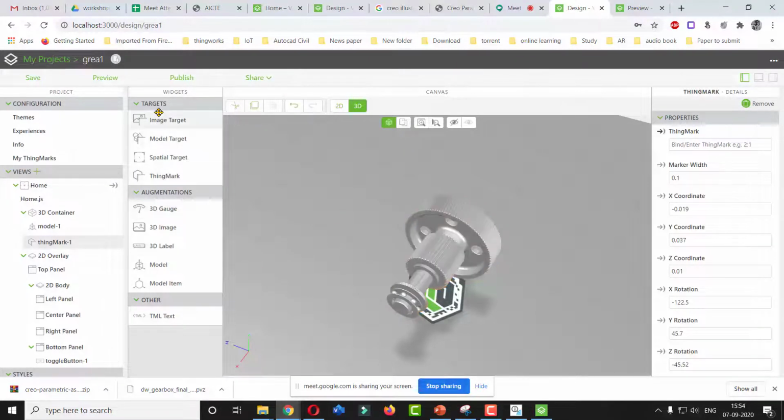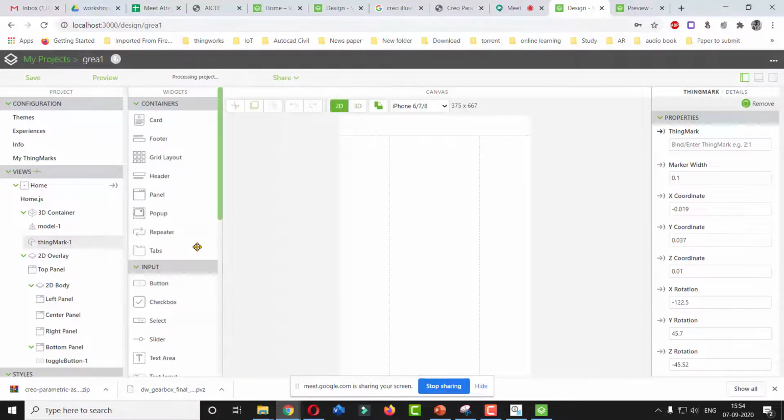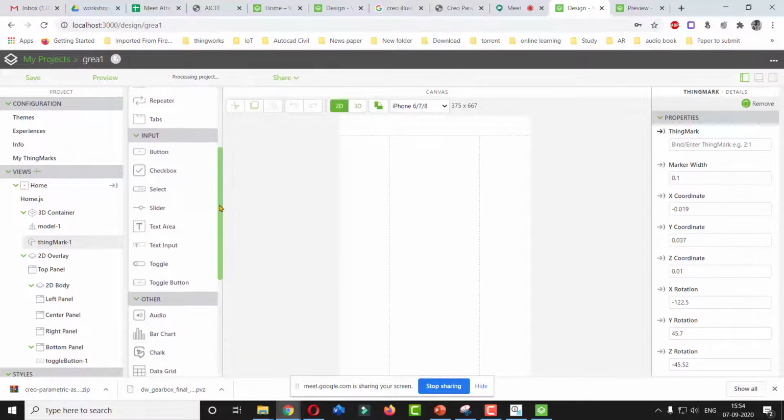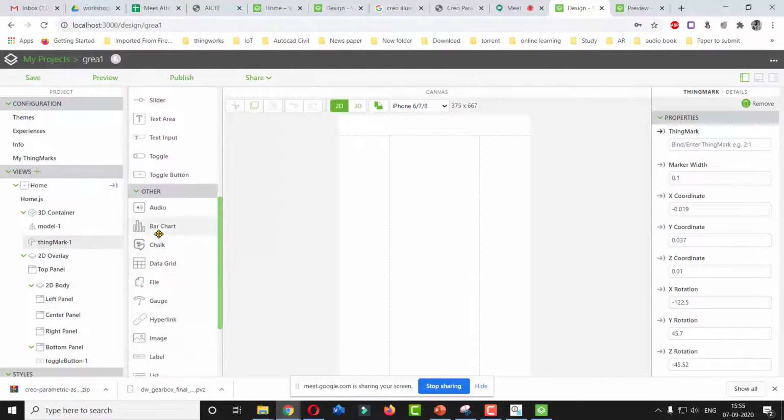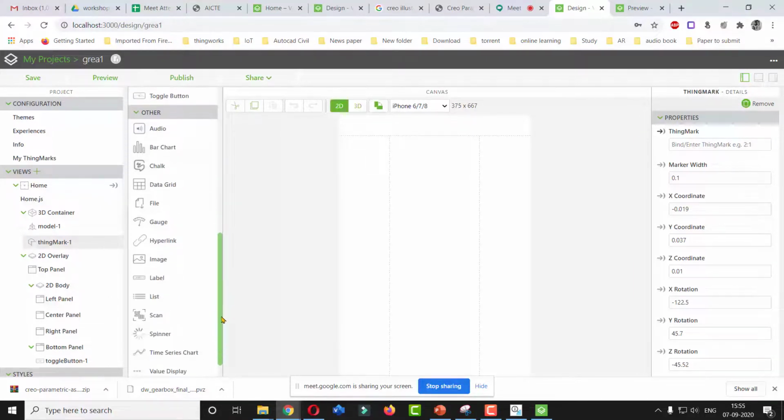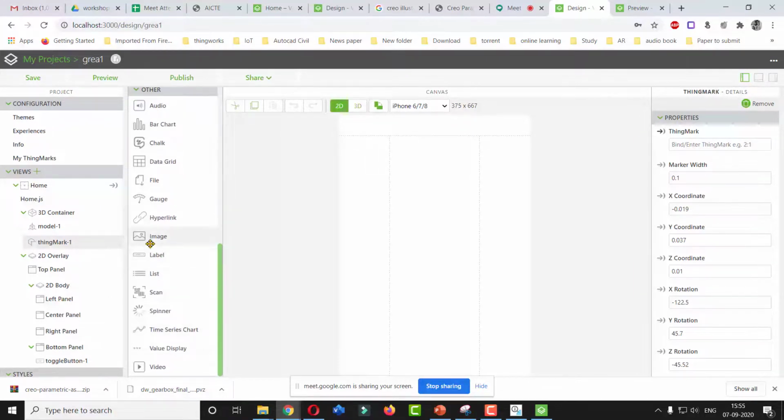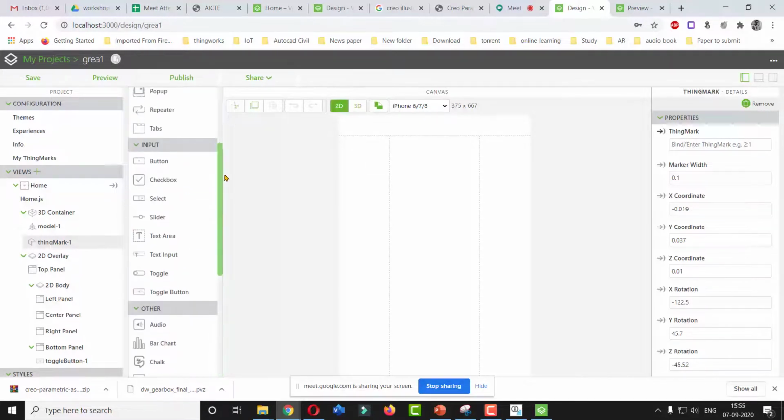And remaining thing, you can try all these things by your own. You can add n number of widgets over here. So whatever button you want to use, whatever thing you have to link with that particular button, you can do it. You can add any particular charts which show the total use of that particular machine that you can add. You can add any particular images over there. So you have to try it out by your own.